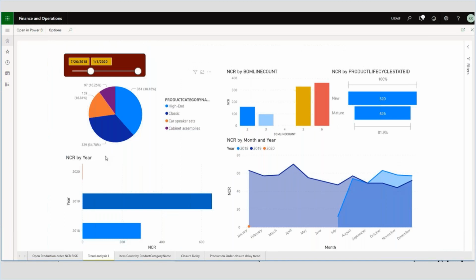And this is, again, another visualization of a similar concept here, right? So what's really driving a lot of that non-conformance? And you'll see here on the upper center portion, the NCR by BOM line count, as you might expect, the more complex our BOMs are, the higher likelihood we're going to have a non-conformance, right? So does that impact how we structure things? Does that impact how we schedule production? Those are some of the questions that you can start to address here. And again, all of this is out of the box within Power BI that you guys can take advantage of with this tool set, and then start to drive questions to those answers for yourselves.